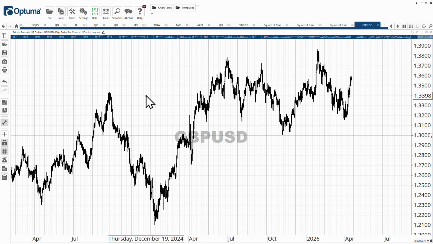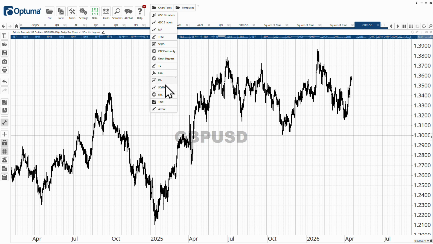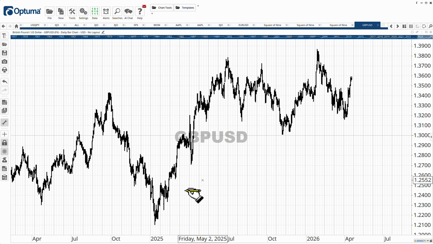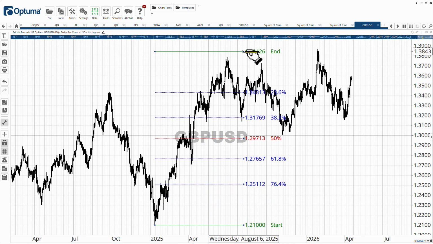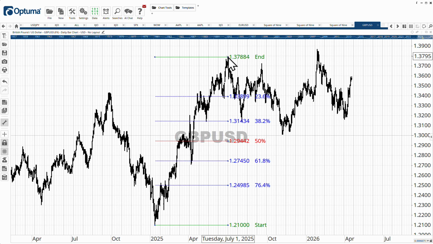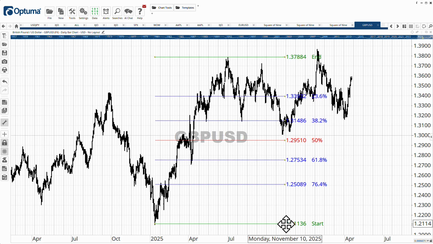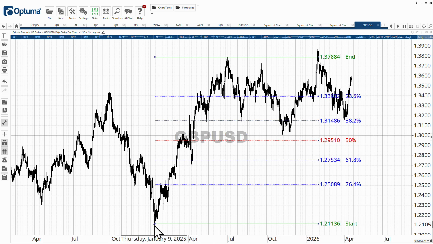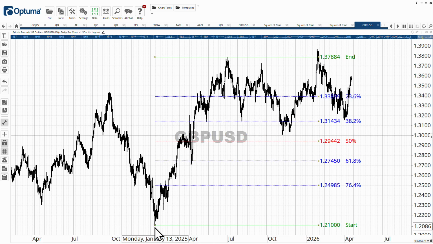Now, in Optima, what I'm going to do is take the Fibonacci retracement tool, and I'm going to take it from the last major low of January 13, 2025, and you can see that we can bring that up. Now, the first peak that the market made was here, and that was in July 2025. The pound has got very, very strong through here. What we're going to do is just move that across to the right-hand side, and we'll just anchor that right on the low. And you can see that after the market made that peak, it came back,